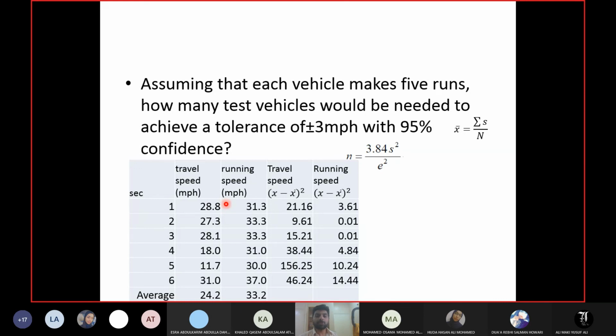I will use the simple equation for mean and standard deviation. The mean is the summation of values upon the total number of values, which is this one: the summation of all the speeds upon the total number of speeds. A simple average, you have been using it from childhood. And the equation for standard deviation is this one. This is for data which is just a set of values, not a frequency distribution. The previous equation we had for standard deviation was for frequency distribution. This one is for a simple set of values.